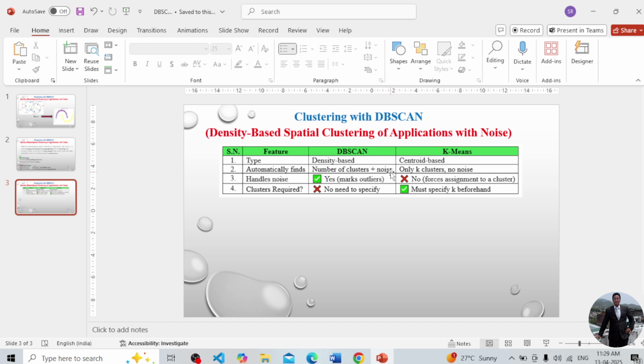Due to this, DBSCAN is critically important for tasks where we need to find the noise, the outliers, or the abnormal patterns. Next, DBSCAN handles the noise, that is outliers, whereas K-means does not handle the noise, it simply generates the clusters. But in the case of DBSCAN, it will generate the clusters and it will also identify the noise or the outliers. And there is no need to specify the number of clusters in the case of DBSCAN, but in the case of K-means